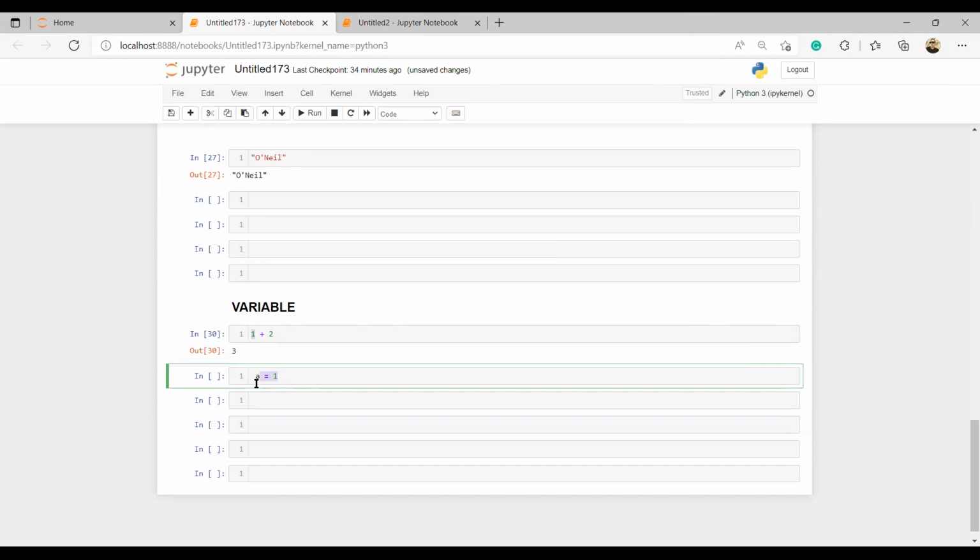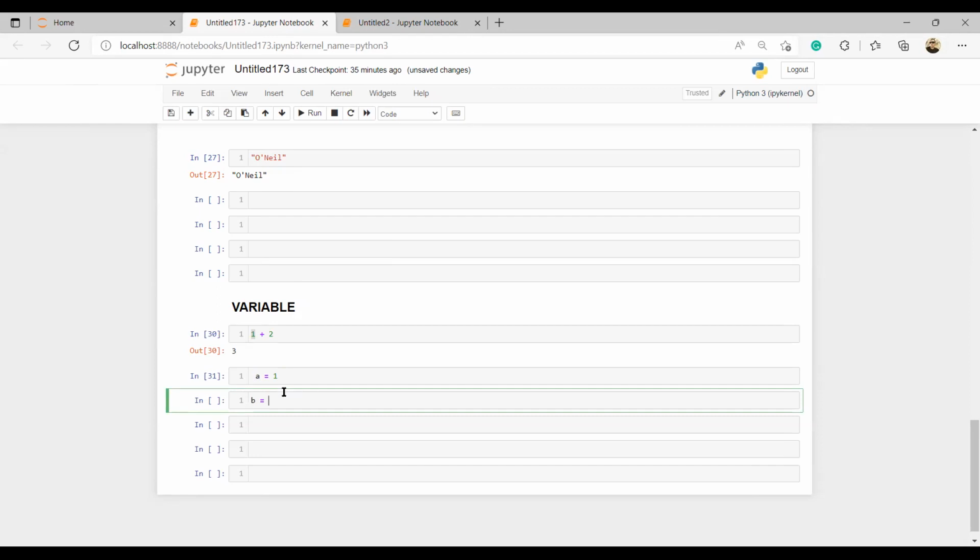A is what? 1, is it not? A is a variable. This one, I can still change to 2 or 3 or 4, or 5. It can change anytime, is it not? That's why we say a variable is like a container that stores something, and it can change over a period. It can store something and it can also change. Okay. So if I have A is equals to 1,